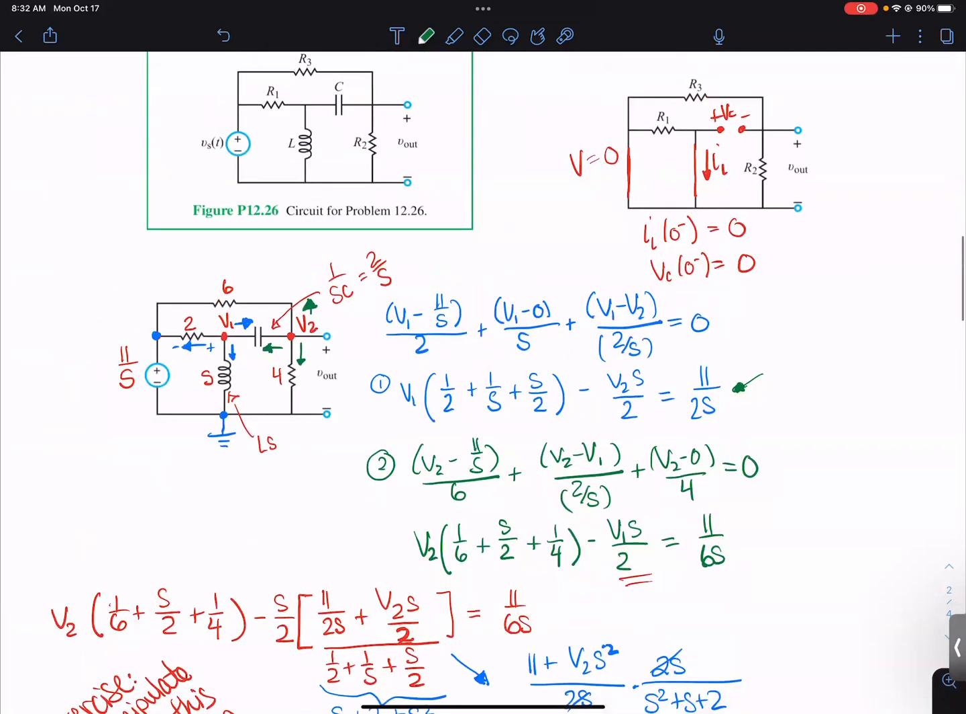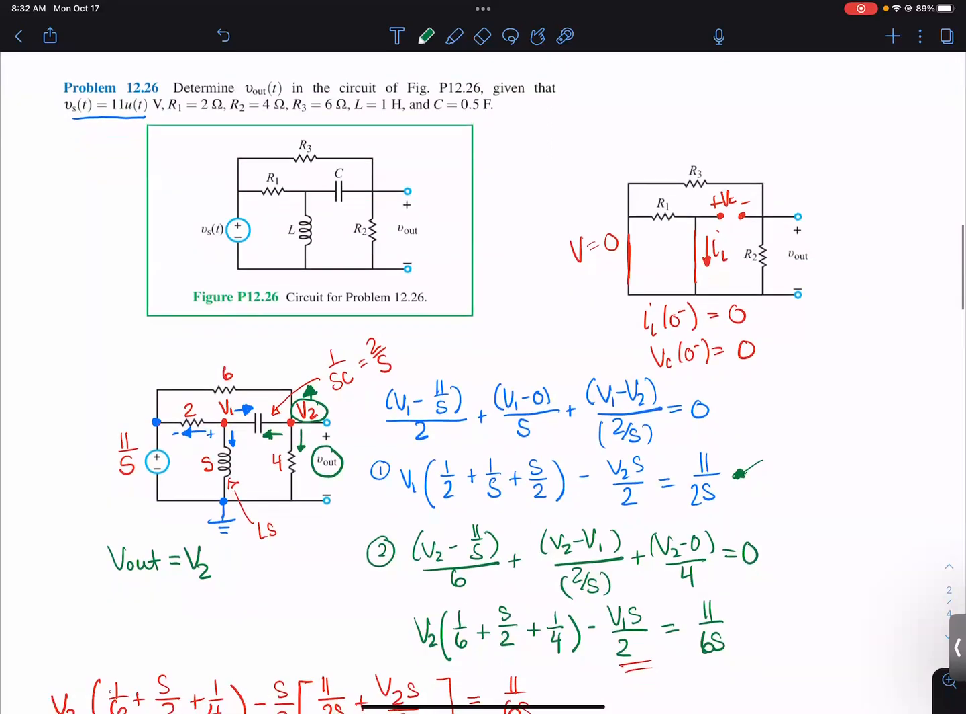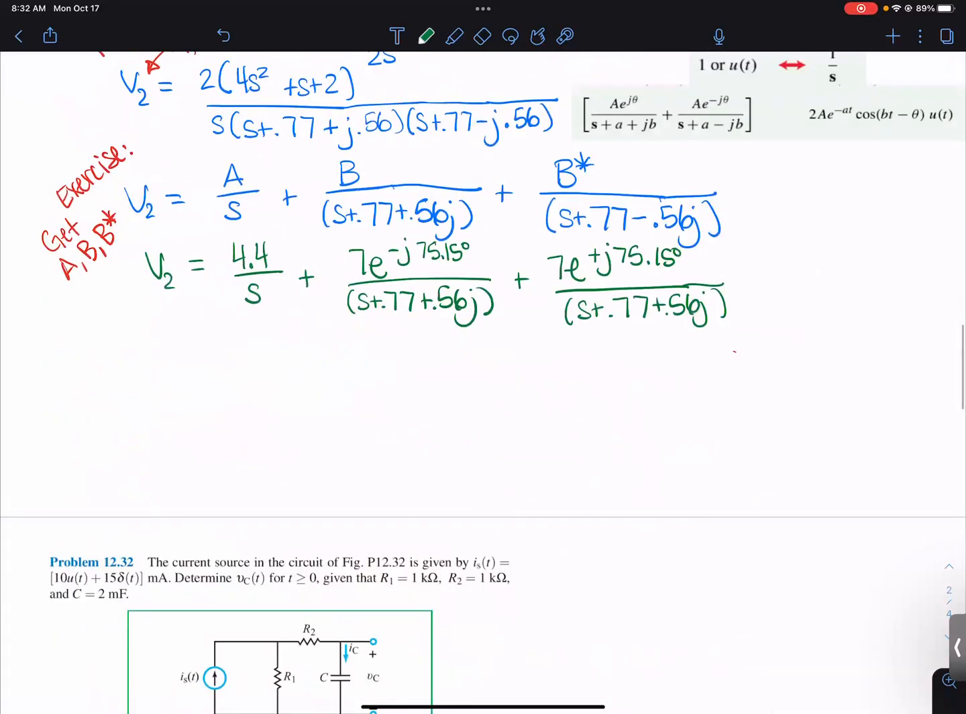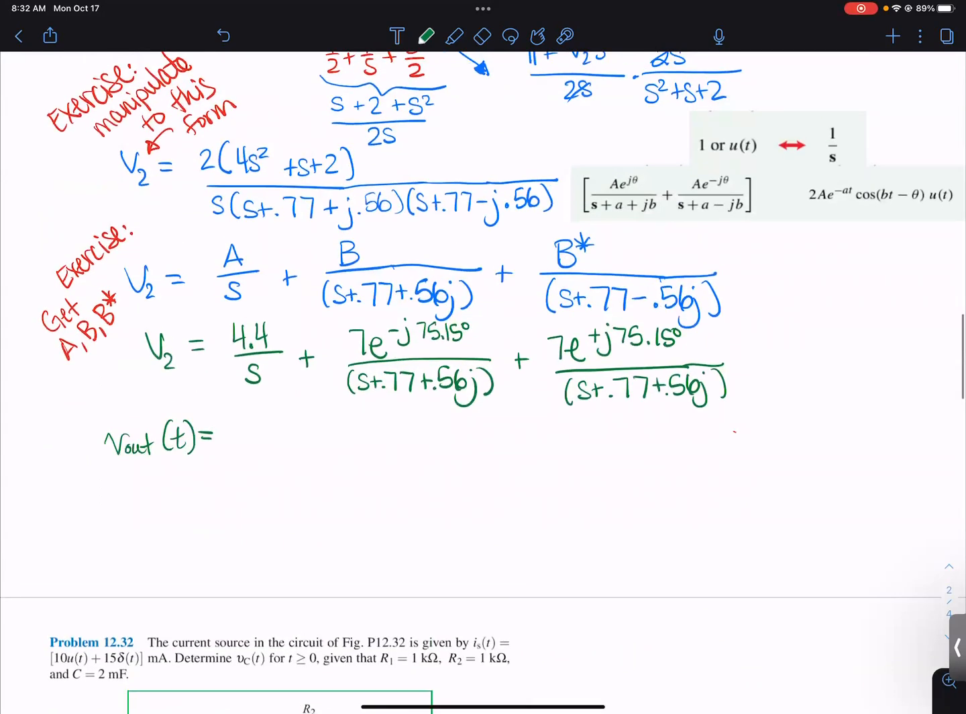So I note here that V2 is at the same node as Vout, which is what I was trying to find. So Vout equals V2 here. You see that? Okay. So that's why I was solving for V2. So Vout is going to be this V2. So Vout(t) equals what? From these 2 tables. Okay, so 4.4